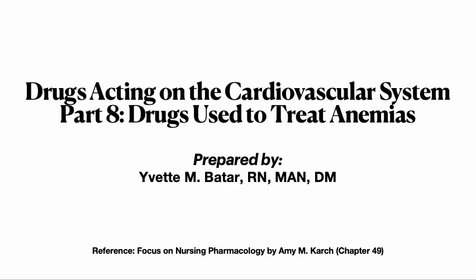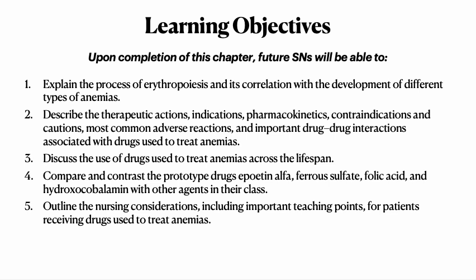This is part 8 and the last part of our module, drugs acting on the cardiovascular system, specifically drugs used to treat anemias, which is chapter 49 of our reference book. For the learning objectives, upon completion of this chapter, future SNs will be able to explain the process of erythropoiesis